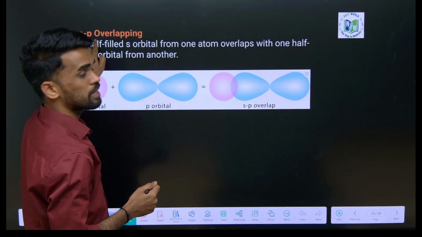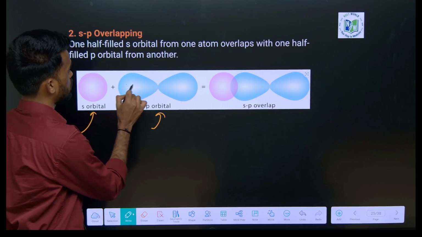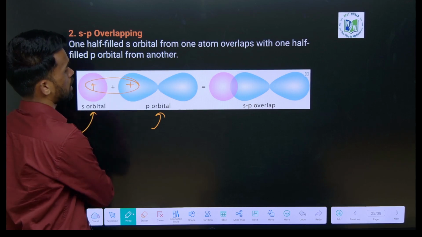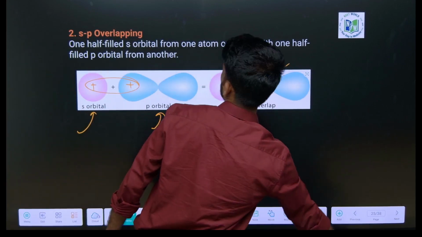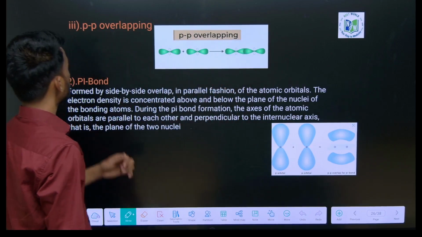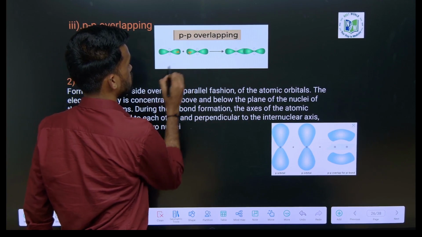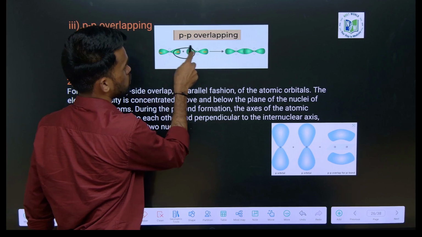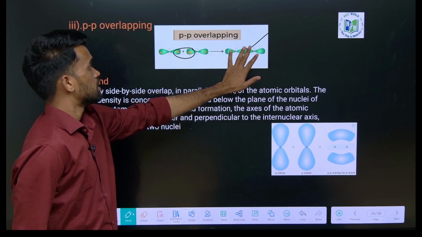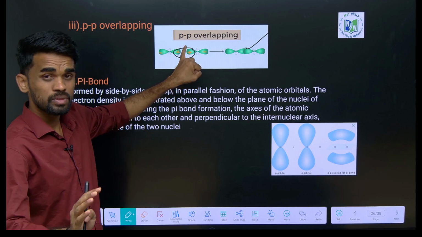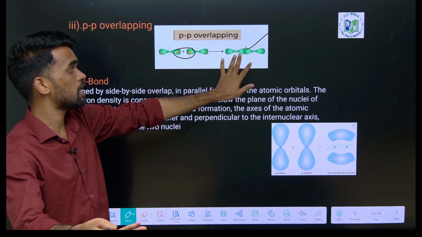See, I am taking sp. Sp overlapping means one is an s orbital and the other is a p orbital. Here, positive sign, positive sign, so both can overlap to form an sp overlapping bond. In some cases both can be p orbitals also. Here I can say positive with positive side and negative with negative side. Positive-positive overlapping can give us pp overlapping like this, or you can take both as negative-negative also. Both signs should be the same,